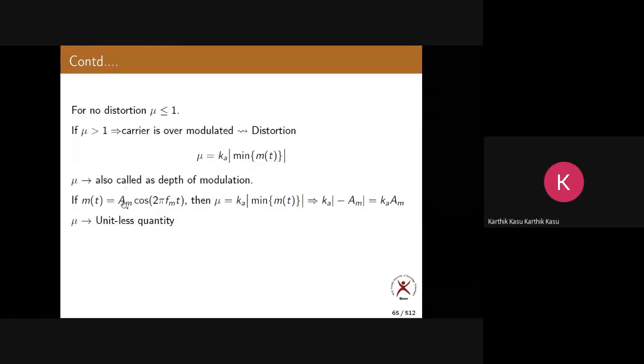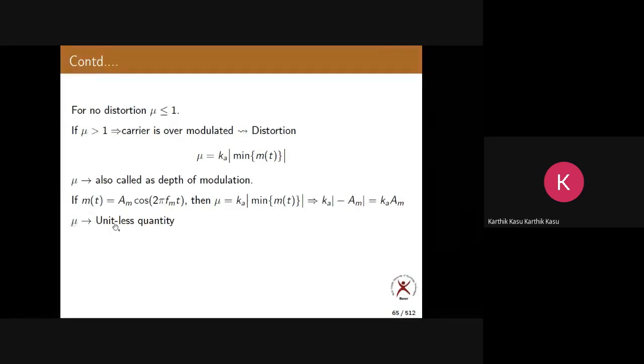If in place of Am it is 1, it has a maximum value of 1 and minimum value of minus 1. But here it is Am, that's why it has a maximum value of Am and minimum value of minus Am. So mod of minus Am is anyway Am. So Ka Am. I told you in the first lecture itself, but here I am deriving the formula. So mu equal to Ka Am. Remember this. This is very, very important.